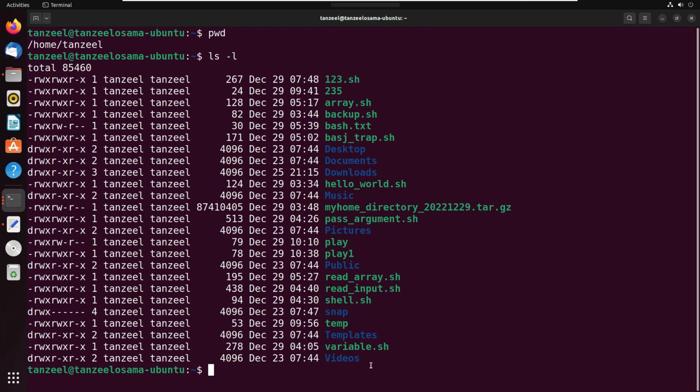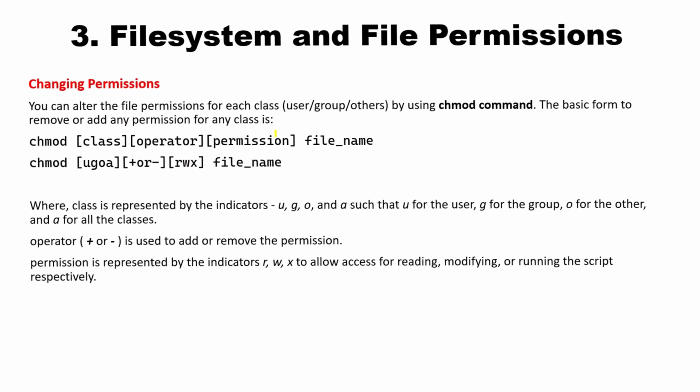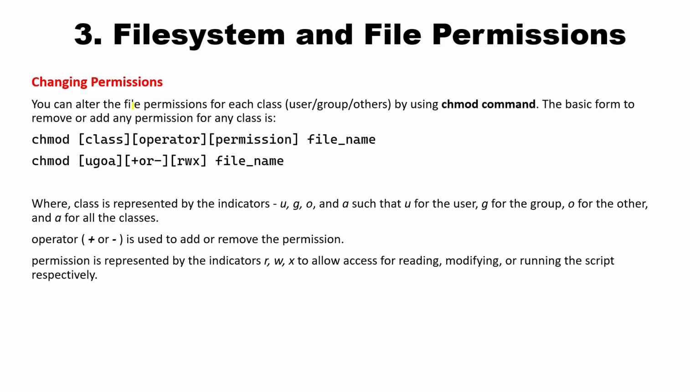directories. Now let's talk about how we can alter these file permissions for each class by using the chmod command, which stands for change mode. So you can alter or change or update the file permissions for each class, that is user, group or others, by using the change mode command. The basic form to remove or add any permission for any class is chmod, that is change mode. Then we have to specify the class. A class can be U, G, O or A. U is for the user, G is for the group, O is for other, and then A is for all